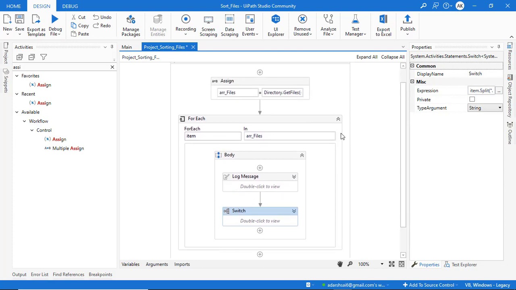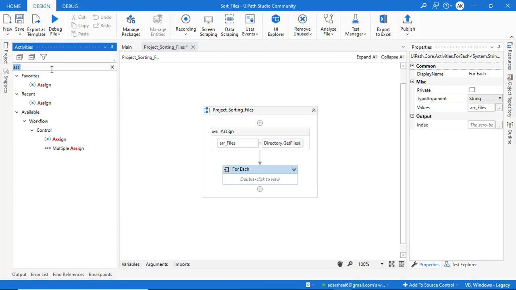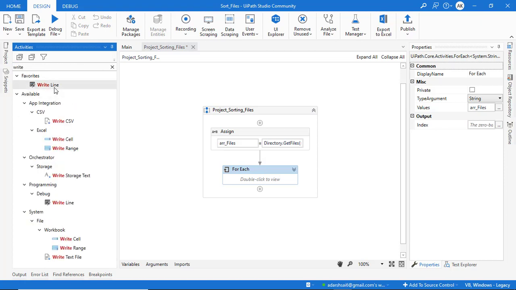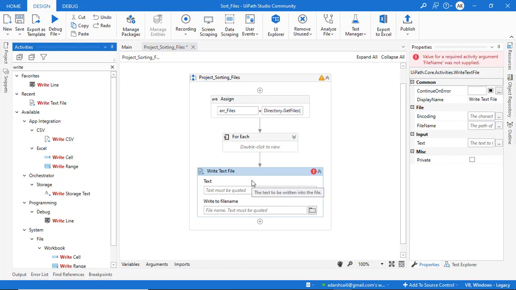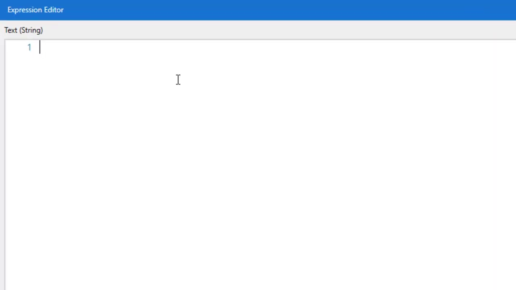Then after, I want to generate a report. That report must be in maybe a text file. For that I will use write text file. In the text file I have to write how many files have moved into the Excel folder, how many files have moved into the PPT folder, like that. So here I will write,